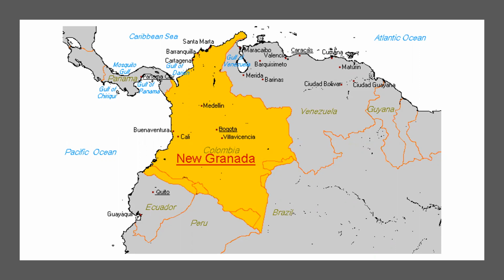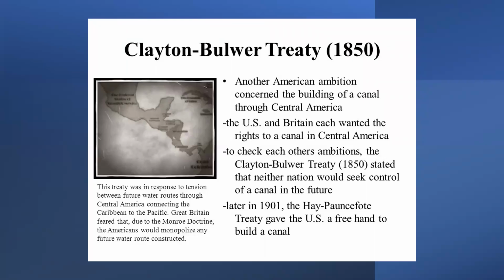In 1850, the Clayton-Bulwer Treaty was signed, which stipulated that both parties agreed to cooperate in the building of an Isthmian canal that neither would have exclusive control of. The pact was approved by the Senate, but it was an unpopular pact in the eyes of many. Many believed it violated the Monroe Doctrine.